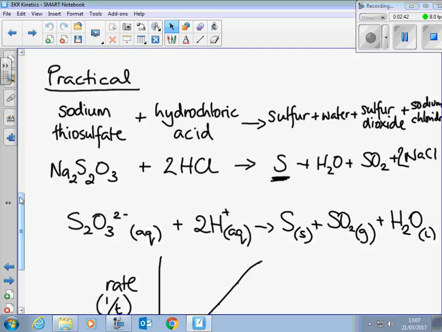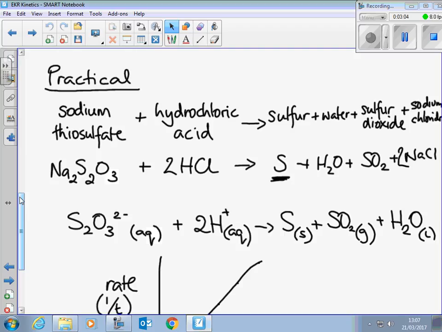So we can just write out the S2O3 2- aqueous and the 2H+ aqueous will give us, and then it's this sulfur over on the right hand side that's the key, and we have to use a sort of estimate of initial rate of reaction by saying that it's when enough sulfur has formed to obscure